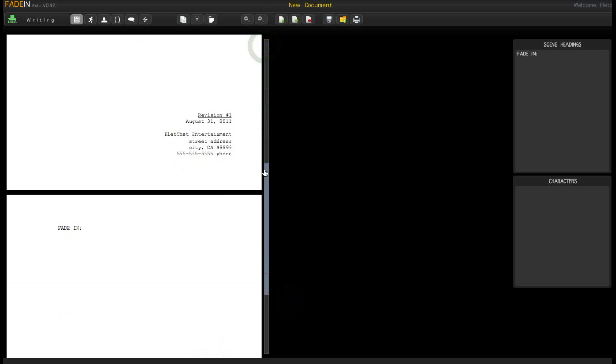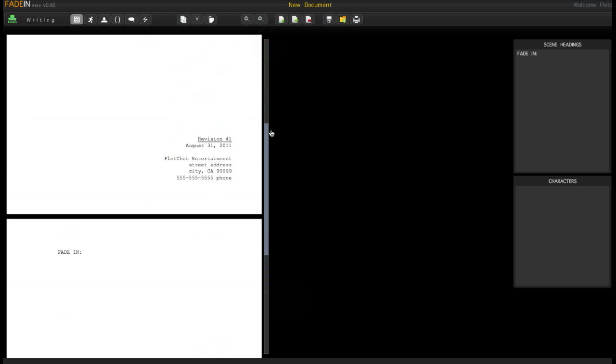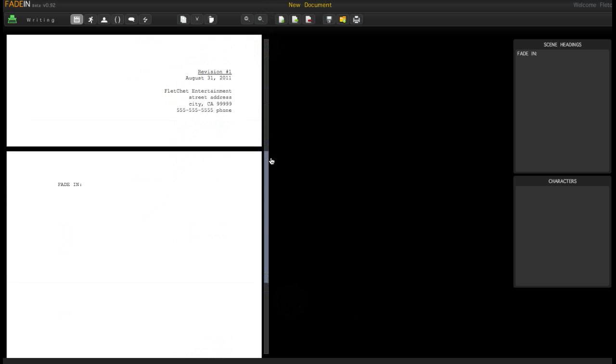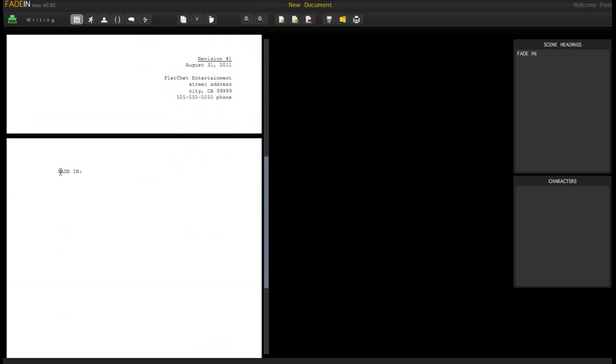So here we have the page. Now in this second section, the second page in here, you can see it's got FadeIn listed here, and this is your first page that you'll be writing on. Let's run through the navigation real quick so you can kind of get a taste for